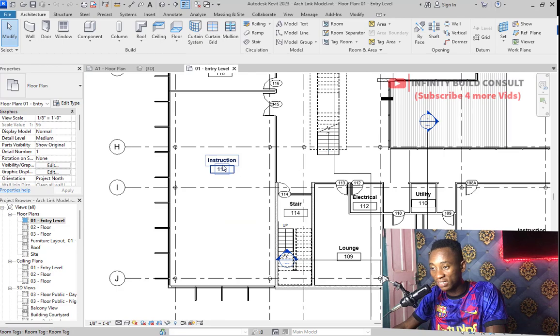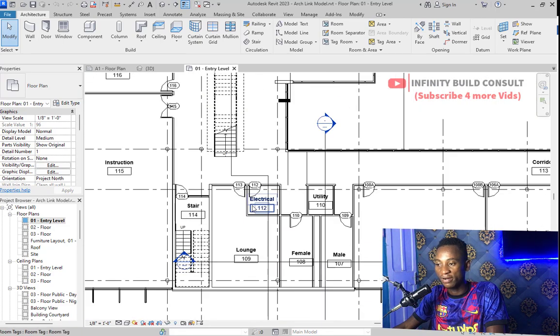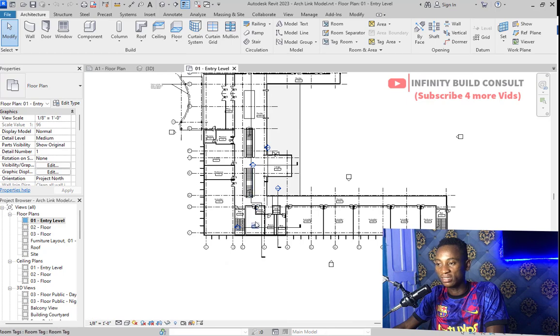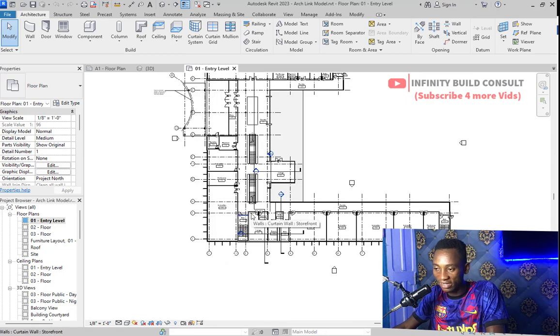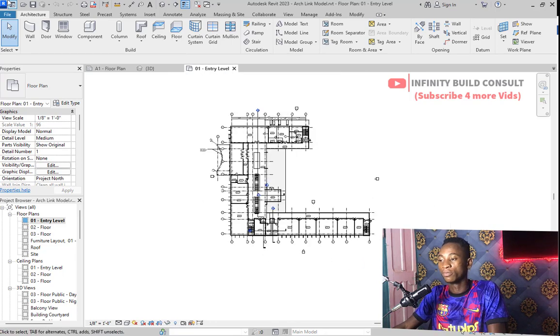We have the instruction area, we have the staircase area, we have the electrical area and so on. So they've done everything already. We are also going to try and create maybe a staircase inside. After creating the staircase, we try and create the shaft and also learn more. So when you come to the architecture area,